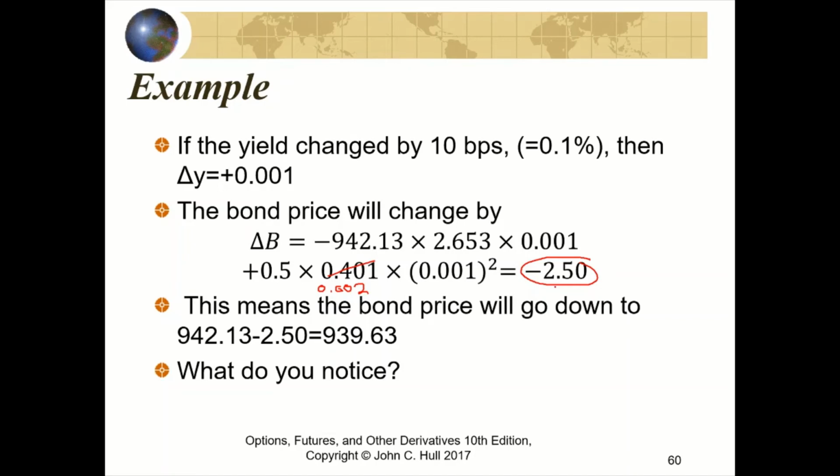But if the change in the bond yield is large, then using the duration only to predict how much the bond price will change will not lead to an accurate result. That's why we also need to include the bond convexity to capture properly the effect of the large change in the bond yield. So that's it for our discussion with respect to bond duration and